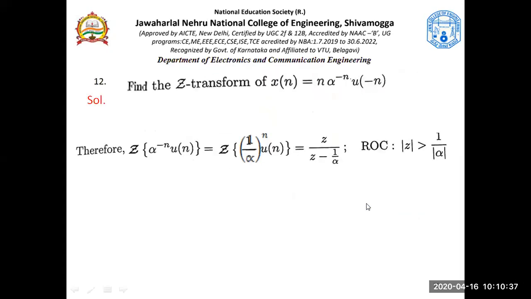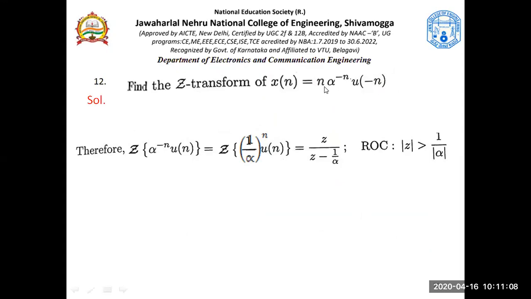That is this. Find the z transform of n a power n u of n. Fine. Now just don't look at this. Let's just understand what's happening here. They have asked us to find out the z transform of this. Now you should be able to extract